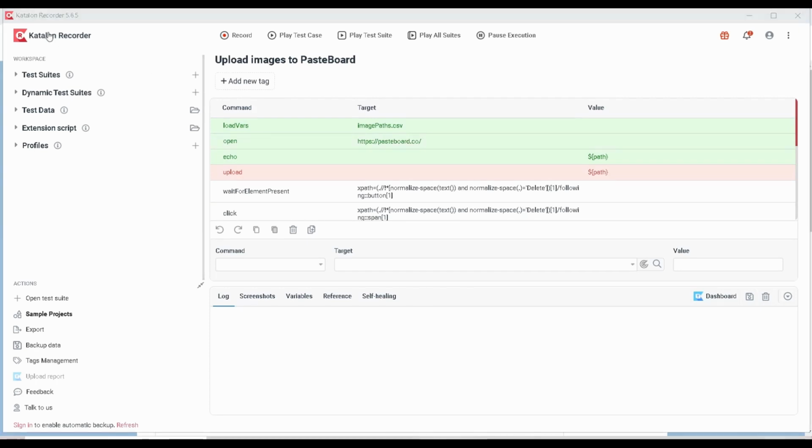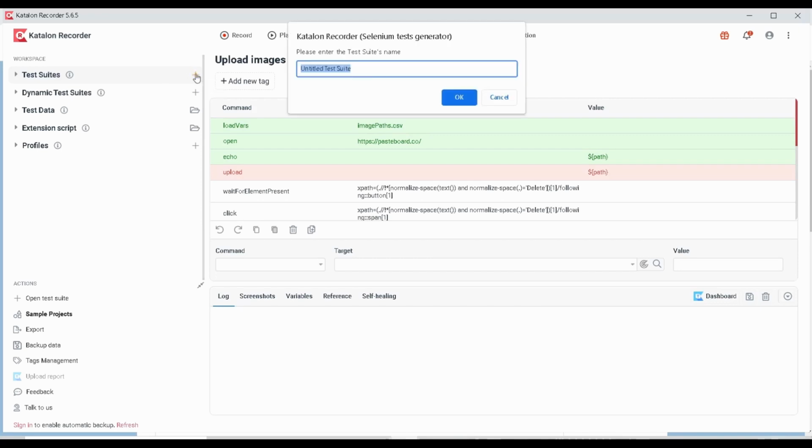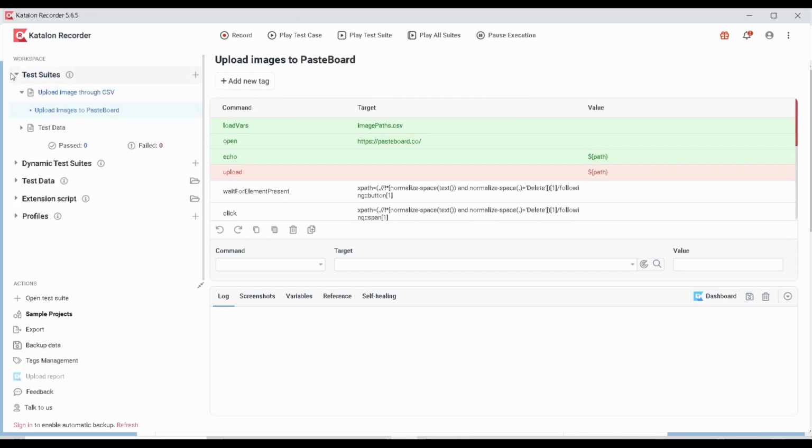Okay, so we'll start from this left side of features. So here you can see the test suite is there. This is for creating the test suite. The test suite is nothing but to incorporate all your test cases into some specific folder. Suppose you have some test cases for Flipkart, you can create a test suite for Flipkart. Or if you have another application and based on that you want to create a test suite, you can create that. So it will be like a bunch of test cases. Okay, so by clicking on this plus button, you can create a test suite. Once it is created, you can see the number of test cases got added.